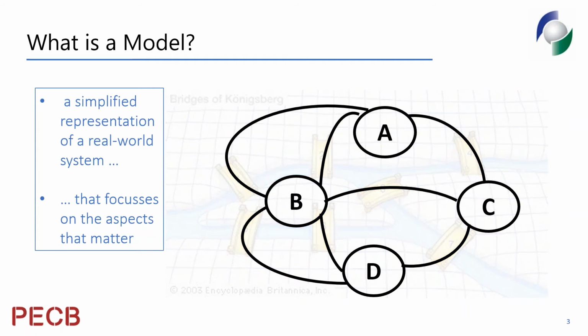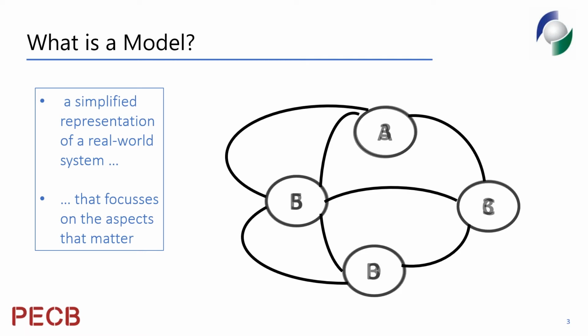4 nodes, a number of bridges as links, and he theorized that in order to solve the problem, to parade through the city, visiting every part but crossing the bridges exactly once, this map had to have a particular property. And that property was that, with the exception of the node where you start and where you finish, every other node has to have an even number if you count the number of links associated with each island. So once he'd done that, he could see that this problem actually was intractable.